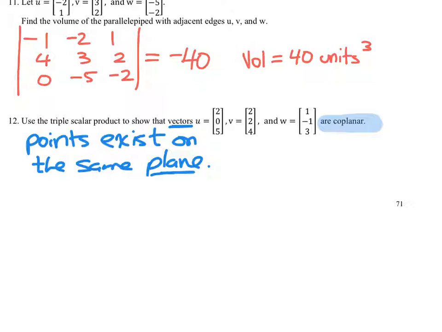So if that's the case, how much volume would they contain? If your length, width, and height are all on the same plane, do I have any height relative to the other two dimensions? No. Right? So if one of the dimensions is equal to 0, then the volume should be equal to 0. So if I find the triple scalar product, or the determinant of this 3 by 3 matrix,